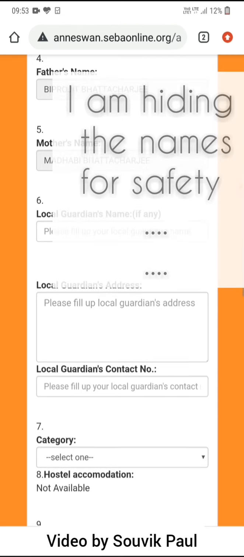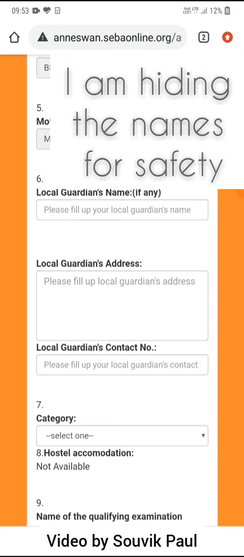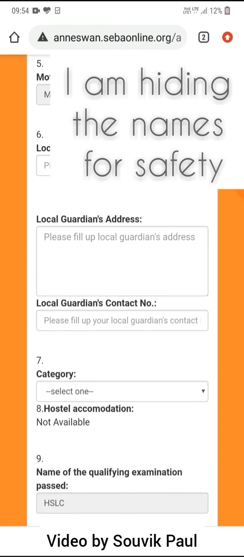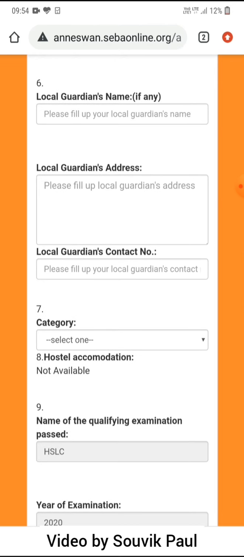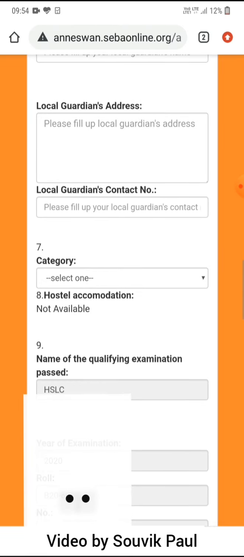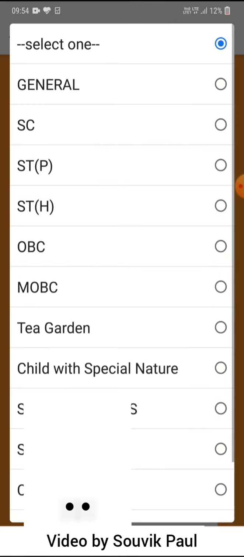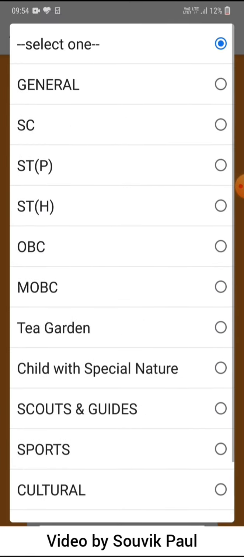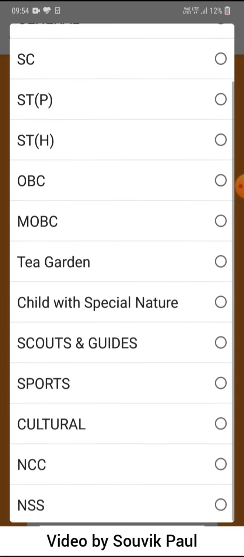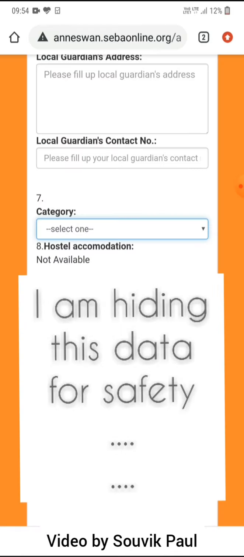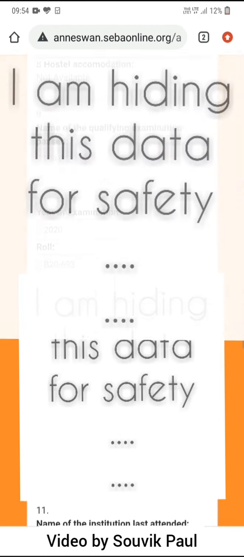Then you have to select category. Select one category: General, SC, ST, OBC, TGAN, whatever it is.